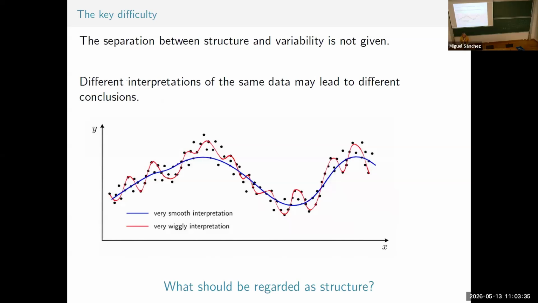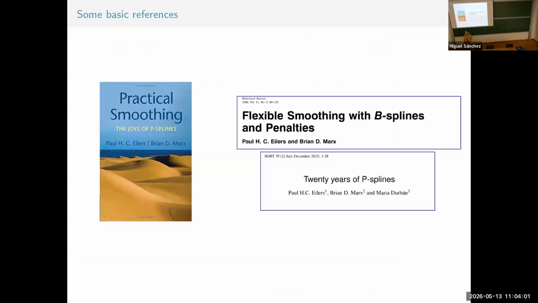Of course, it depends on what I do. This separation could be something very different. The blue line and the red line are very different. So how do I know what the truth is? Well, we don't know. We just hope that I get it right and I attach some probability to it. So that's the idea of the modeling.